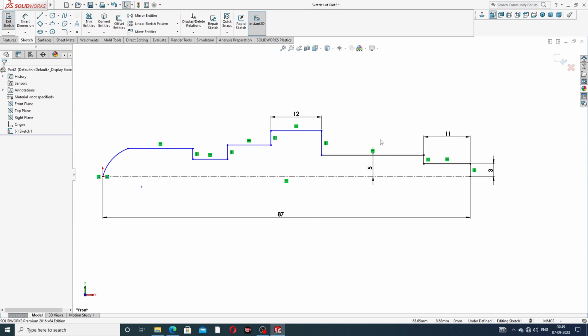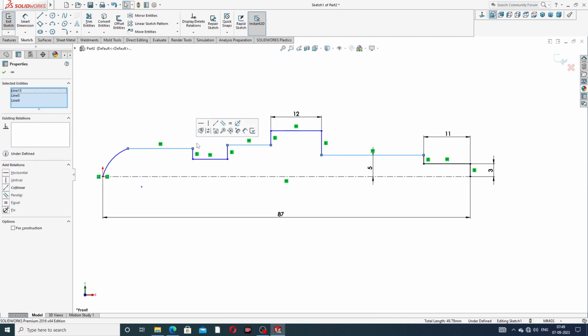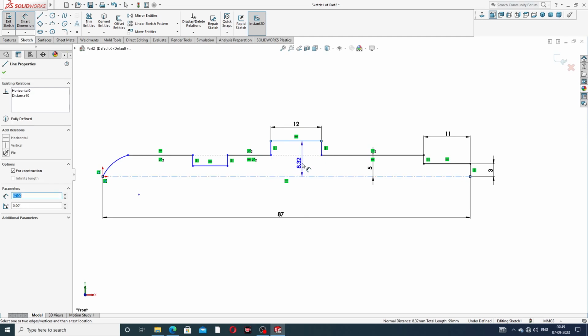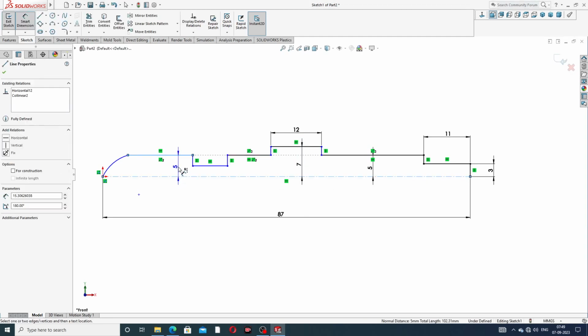and this line and this line too. Okay, this line and this line, press the control button, and this line is collinear. Okay, and this is 7 millimeter and this is 4 millimeter,